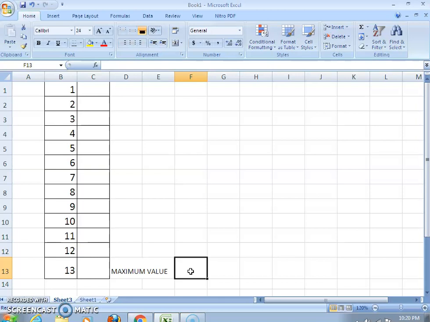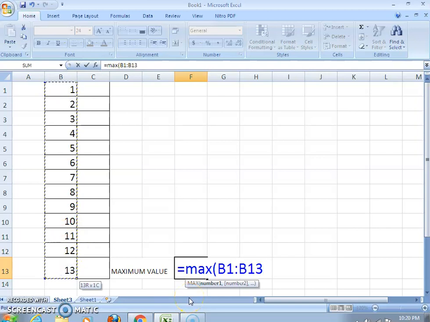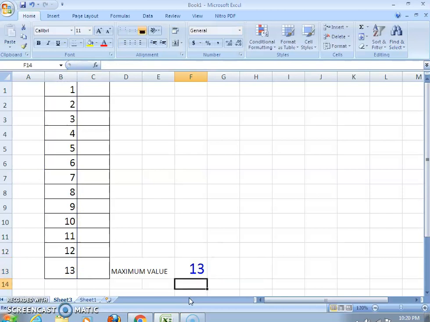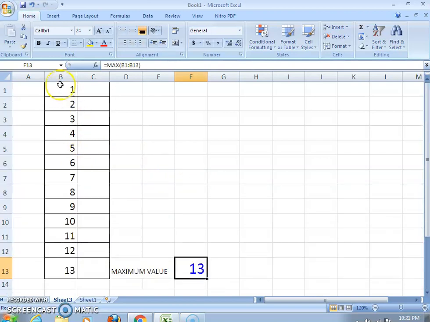In this cell you will write equal to max, and in the parentheses you will pass the range which contains the numbers, close the bracket and press the Enter key. So here the answer 13 is appearing. It means in this given range, 13 is the largest number.